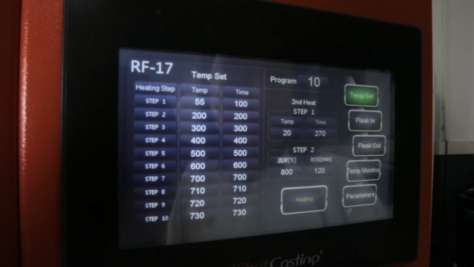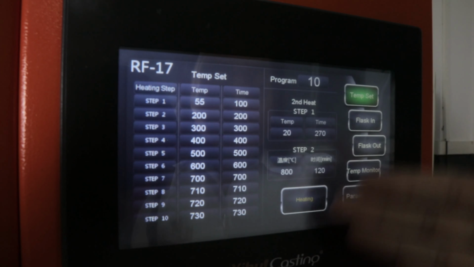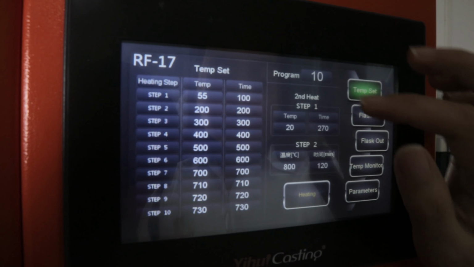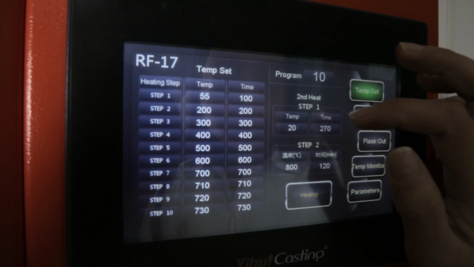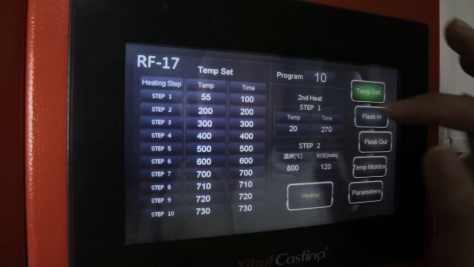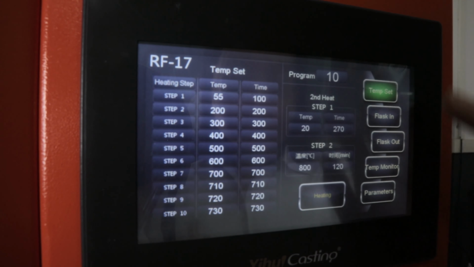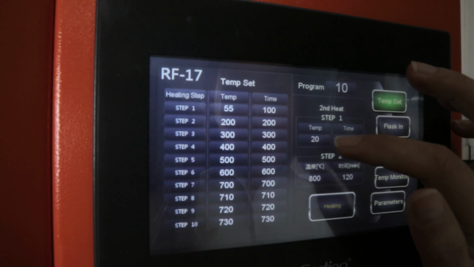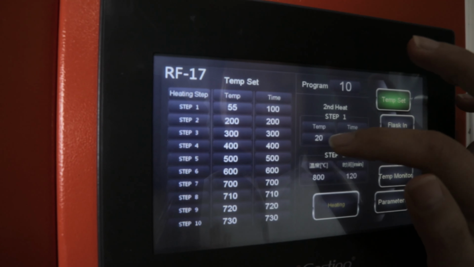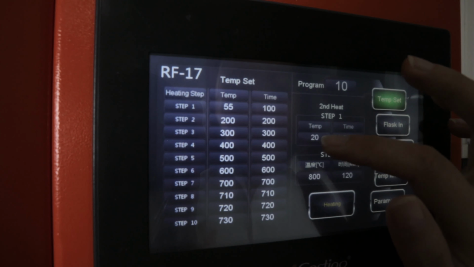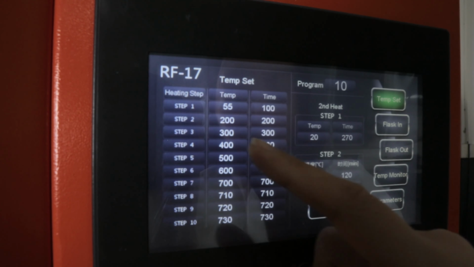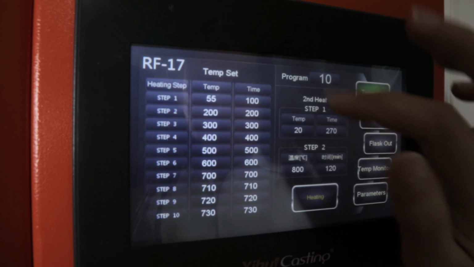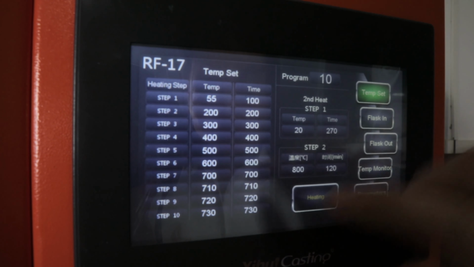10. That's it. And this here is for the top of the machine, the second time heating. This is for the second time heating. So we have two processes. Two processes means, for example, for step 1 we set temperature 20. And time we set, for example,